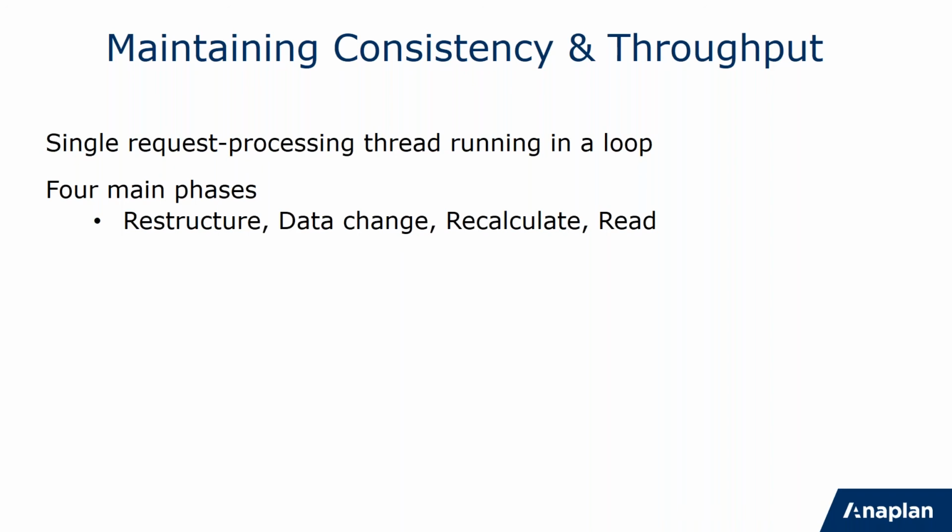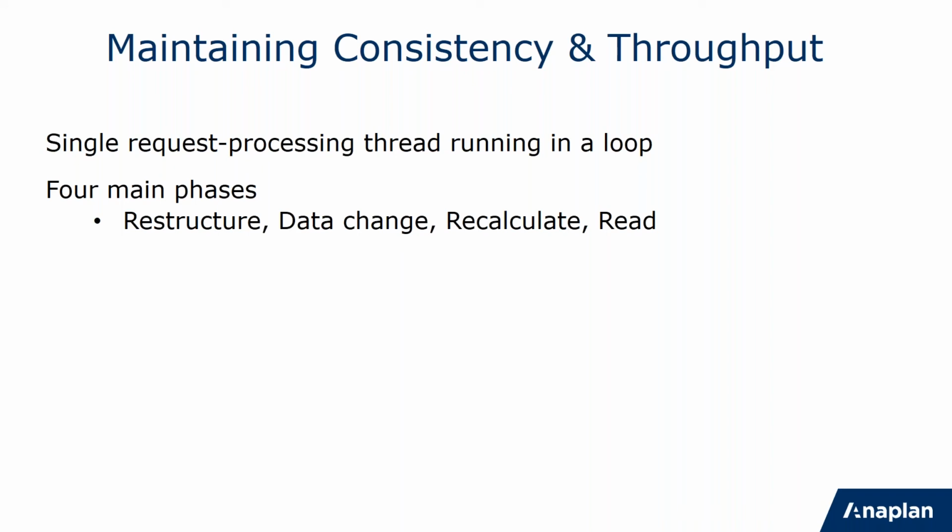So the particular cell changes that have happened go in, but you can actually have multiple cell changes from individual people. Provided they don't hit the same cells, we can process them all at the same time because they're all going into the detail blocks. And then we recalculate all of that. And once it's all recalculated and completely up to date and consistent, then we do all the reads. We let the reads in.